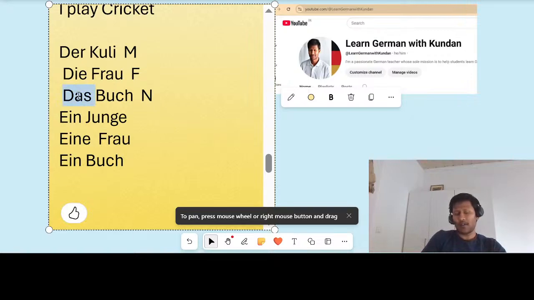This part you have to remember, and we will revise this again, and then we will try to form several sentences, like I have a pen, the woman is going, the woman is coming, I have a book, or we will see several cases, nominative and then accusative. We will see everything going forward, but not in this class. In this class, I just wanted you to hear about these three things. Hope that part is clear.